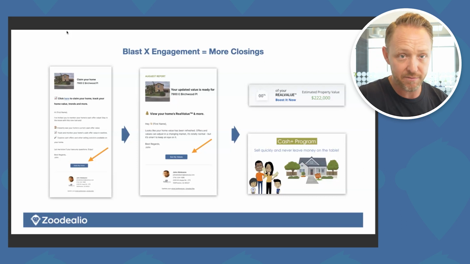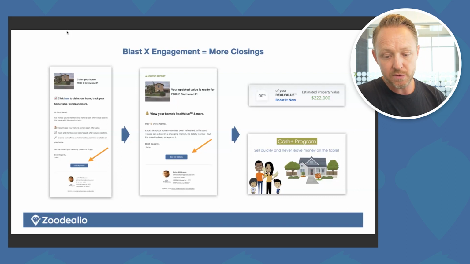So my emphatic advice is, when all this rolls out, like I said, there's huge dashboards and metrics and everything that you guys are going to see with all of this, but you're going to want to pay very close attention to not just the opens, but the engagements, right? Meaning the clicks. When they're clicking, they're going to go right into the offer dashboard. That's going to be captured inside your Zoodealio account, and it will be reporting to you. So when somebody's clicking and going in 4 or 5 times in one particular month and doing things, that's usually going to indicate a likely seller.